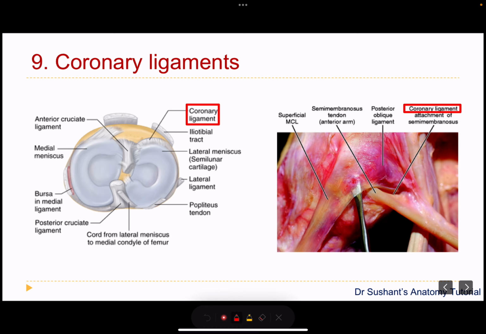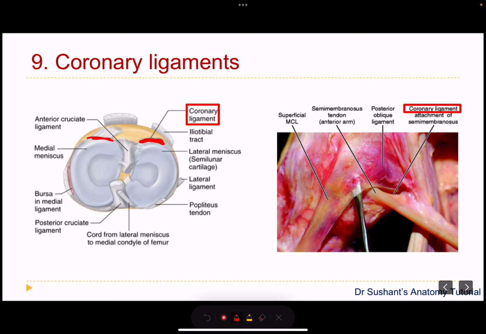Next ligament we are going to talk about is the coronary ligament. These coronary ligaments are actually parts of the fibrous capsule. As you can see, this coronary ligament can be seen here. It is part of the fibrous capsule, and it provides attachment to the peripheral margin of the medial and